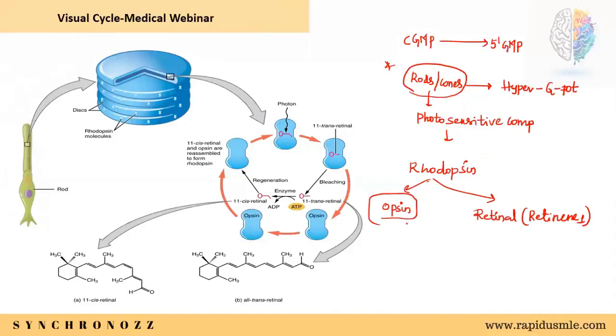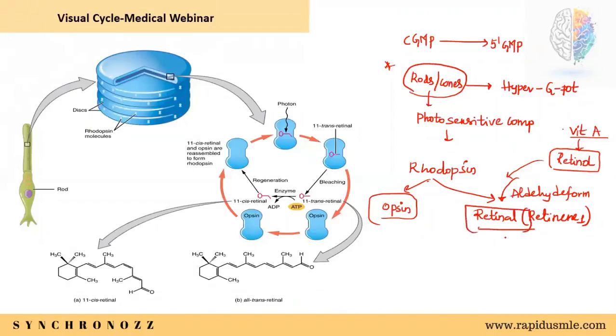Opsin is the protein which is synthesized inside the body, but from where retinol comes, we all know that vitamin A is very important for vision. But why is it important? To be more precise, vitamin A is always in alcohol form. That is why it is known as retinol. But when it comes to the eye, it is transformed to the aldehyde form of vitamin A. So whatever vitamin A we eat from different kinds of food material actually contains retinol, but inside the body it is converted into aldehyde form. So alcohol form of vitamin A is converted into aldehyde form, and this aldehyde form of vitamin A is known